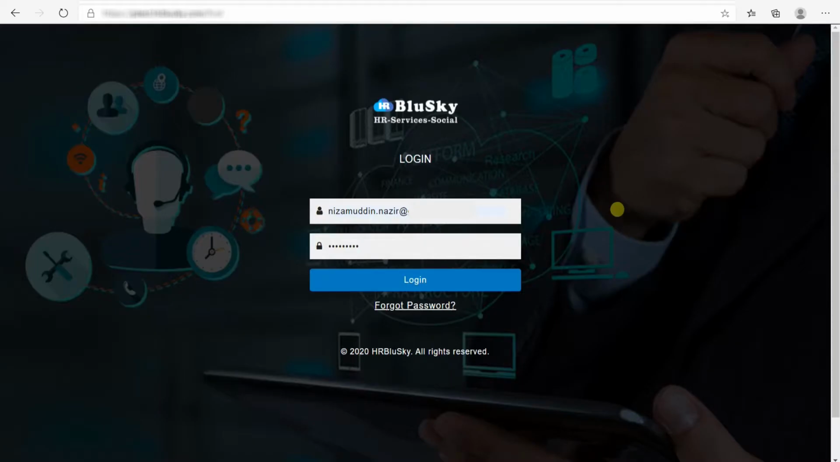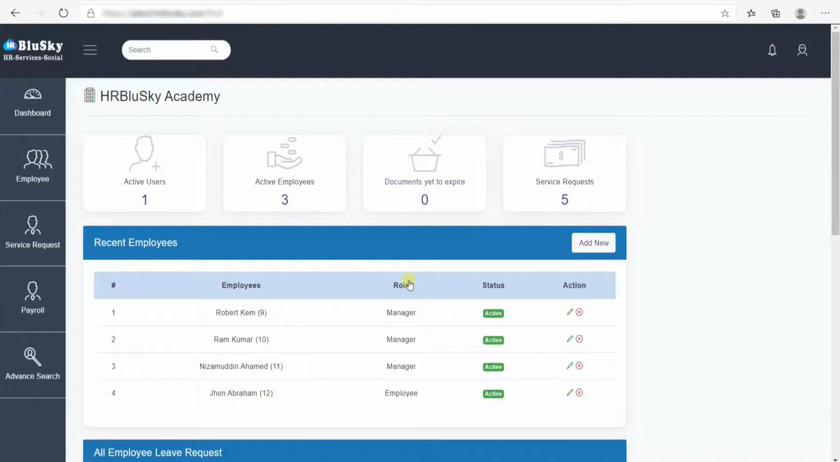In this tutorial, we will see the preliminary checklist for payroll. Basically, these are the steps you should perform before starting every month's payroll. Once you log into the application as an administrator, the first thing you should check for that month's payroll is